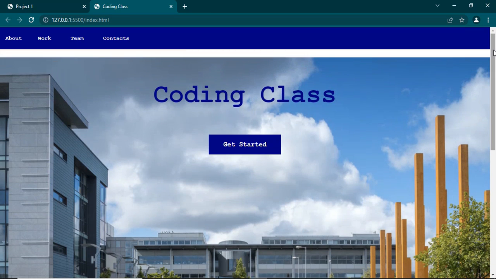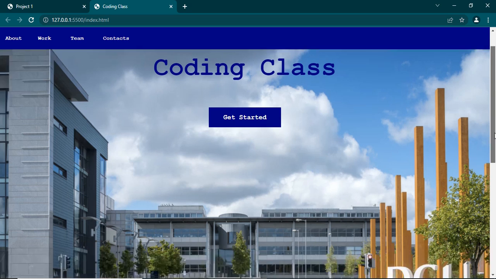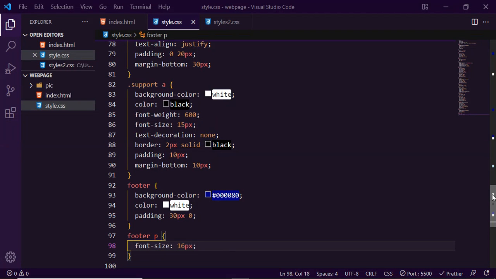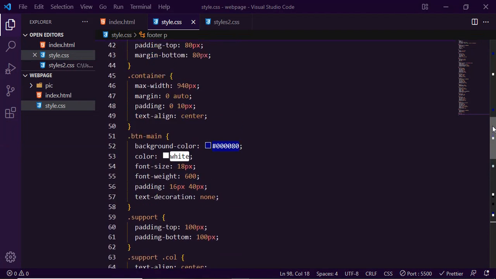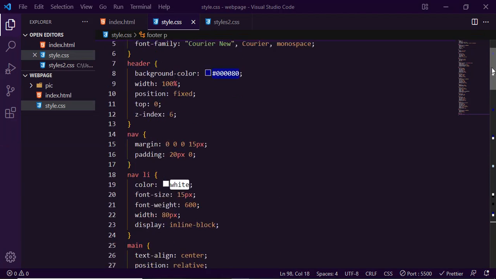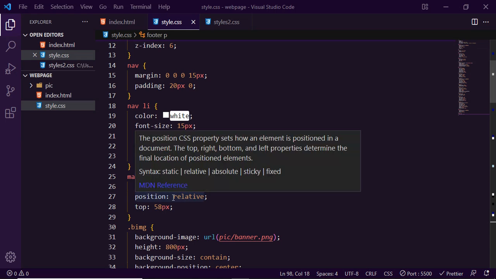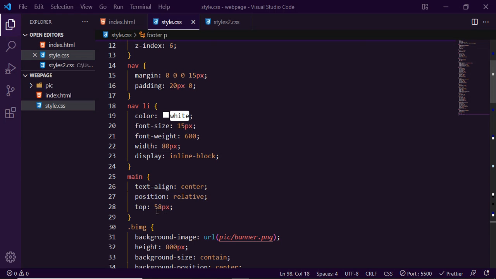Yeah, in here there is some extra white space. So let's remove this. This appeared because we have pushed this main element way too far down when we positioned it. So let's go back to our main element. Where is it? Yeah. Not here. Yeah, we have positioned it to relative and pushed it down to 48